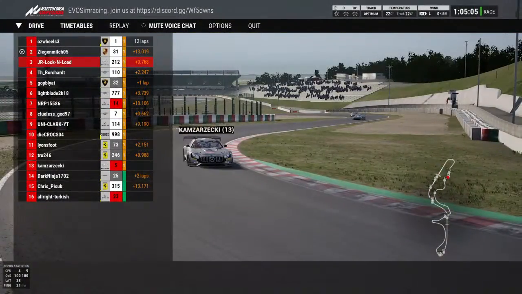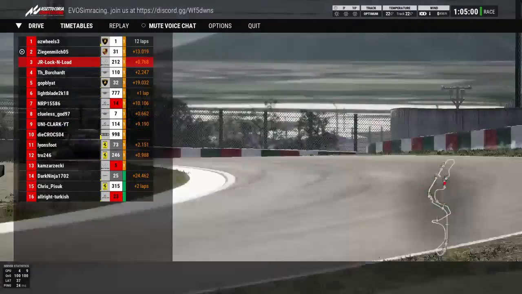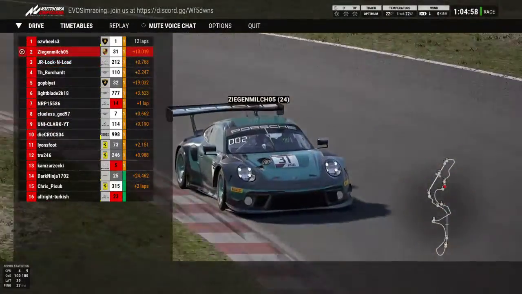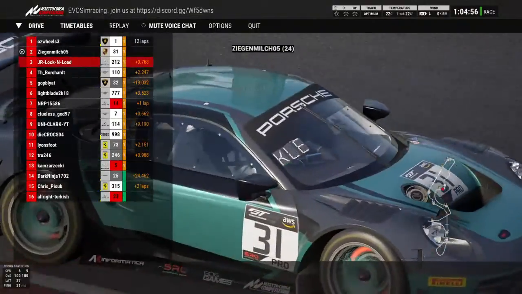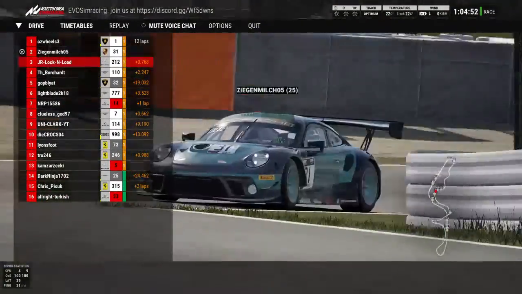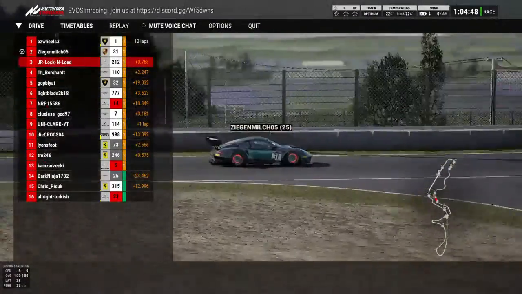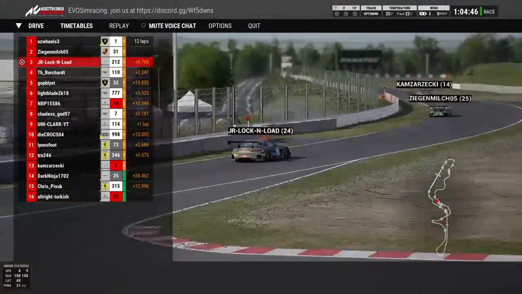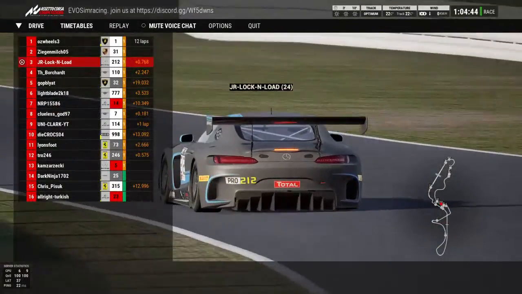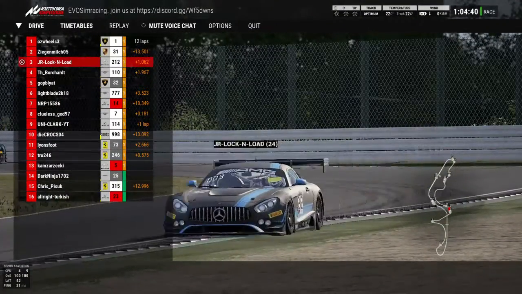Now, ladies and gentlemen, we can actually see that Ziga Milk in the Porsche has managed to get back past JR Lock and Load. JR Lock and Load seems to have made a mistake going through the first Degner curve. Went a little bit sideways onto the grass, but then they pull right there. So obviously you can see the place. Very, very good and clean and respectful racing from them both. JR Lock and Load will be absolutely kicking himself over the mistake, but he's going to be looking just to obviously get his